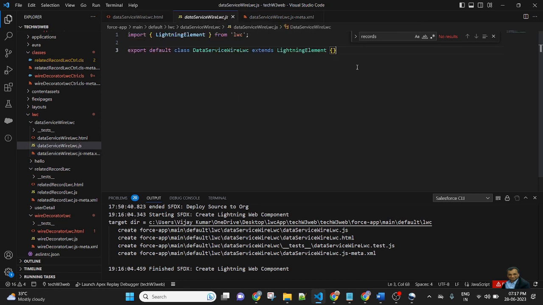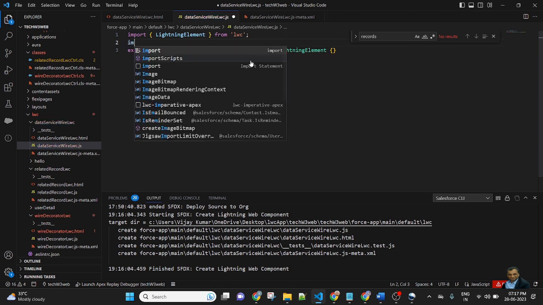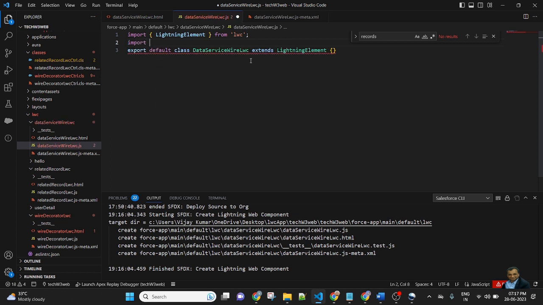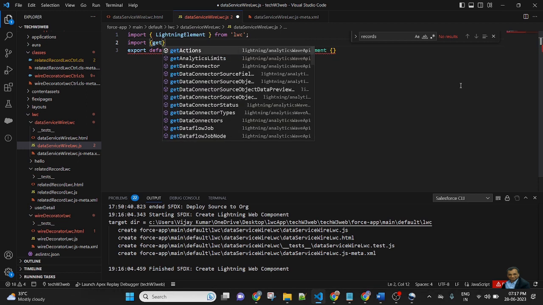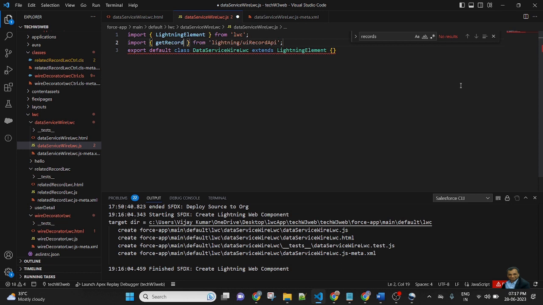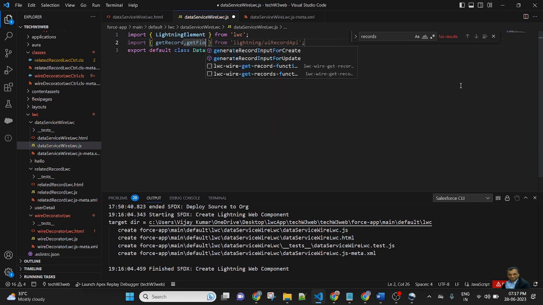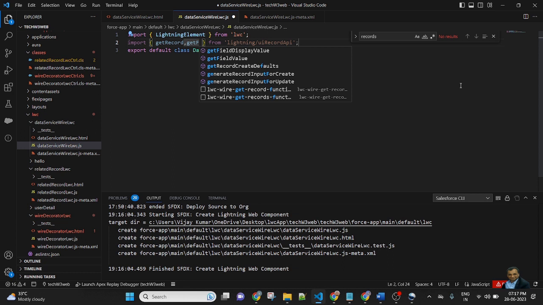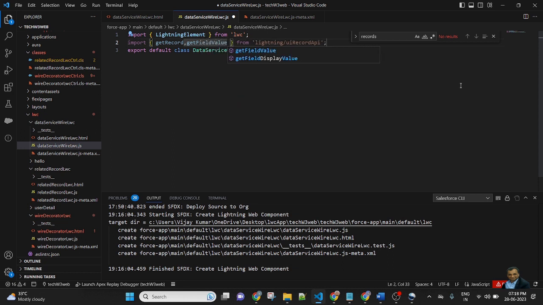Go to the JavaScript. In the JavaScript I will import the module. So import curly bracket getRecord, comma, getFieldValue, from lightning/uiRecordApi.